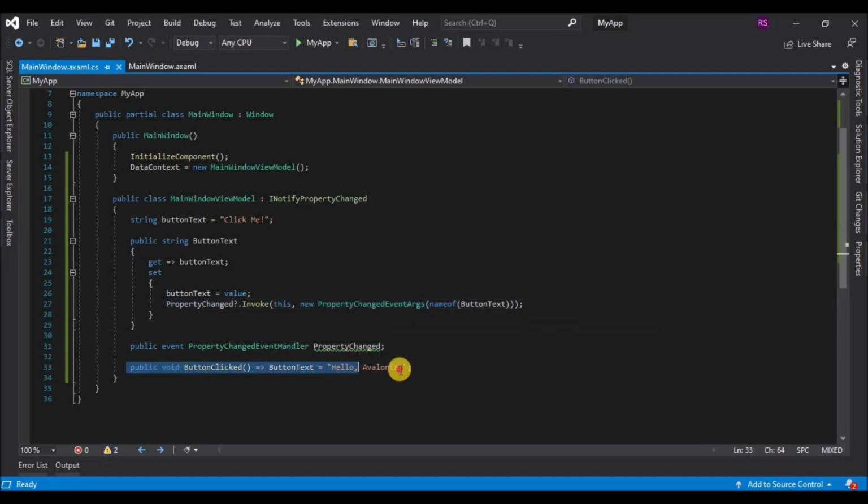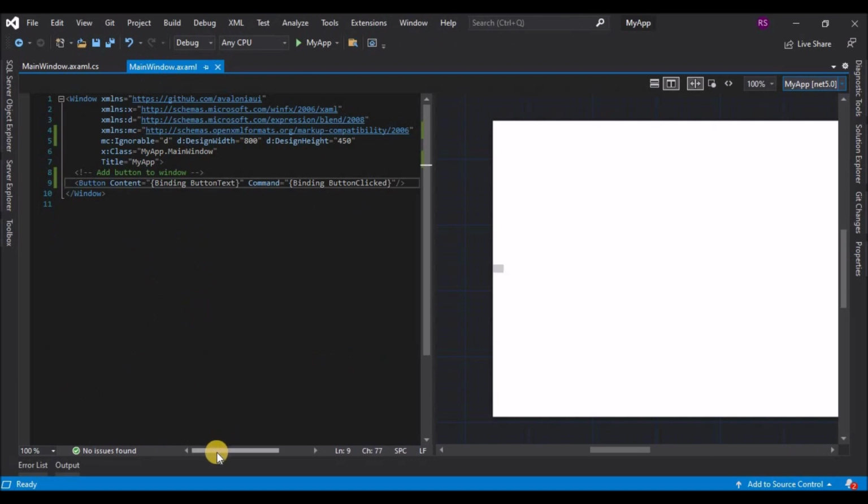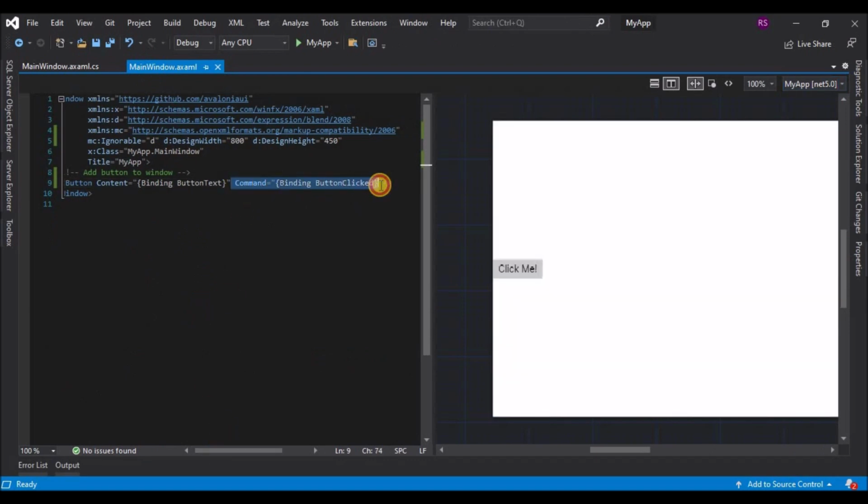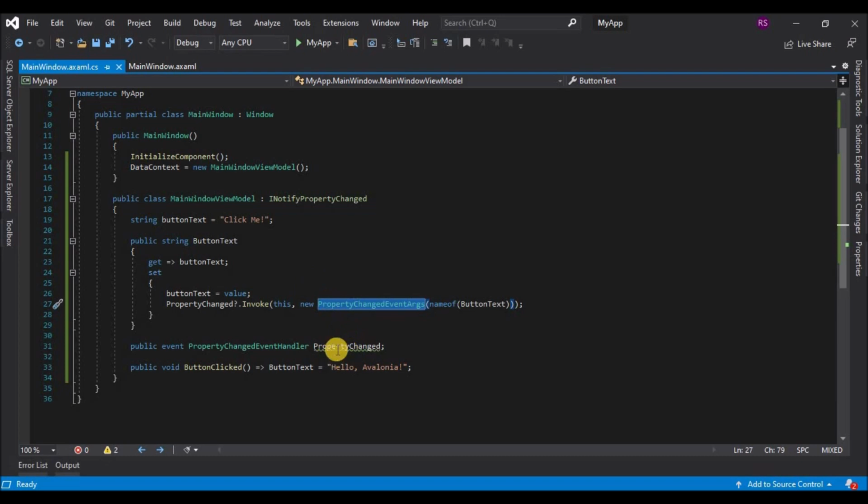So whenever the button is clicked, we are invoking the property changed, and once the property is changed, it will change the text as well. So for using the command, we are binding that command to the button clicked function,